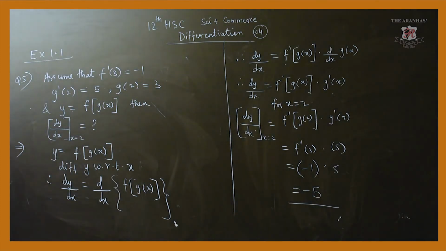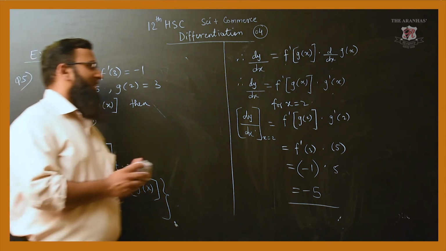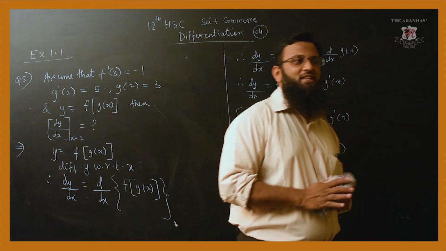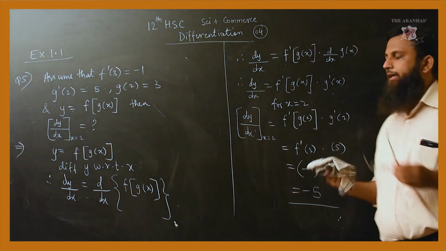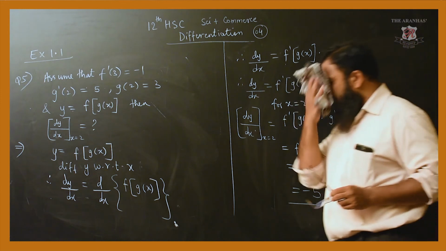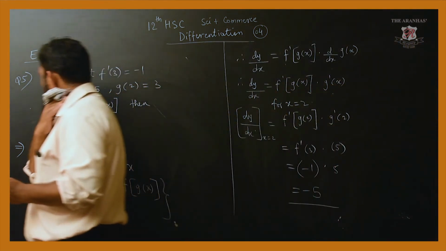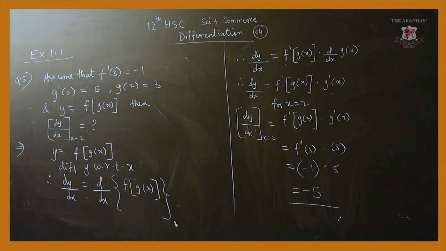If you observe, dear students, whatever is required, whatever is given, the same thing automatically comes in the final steps. So you just have to substitute them and get the answer. Please try to understand this. The only difference is that the things were given in table form, whereas here it's given in equation form.